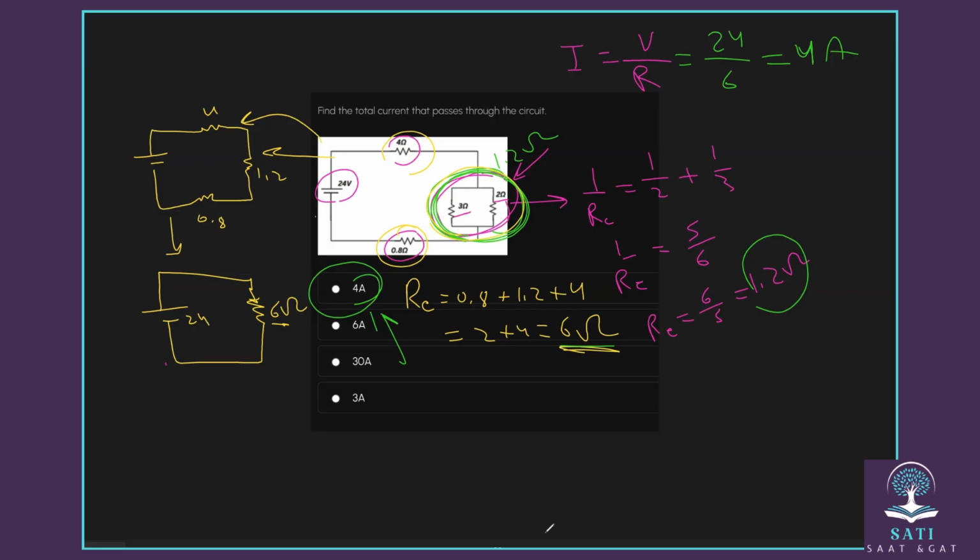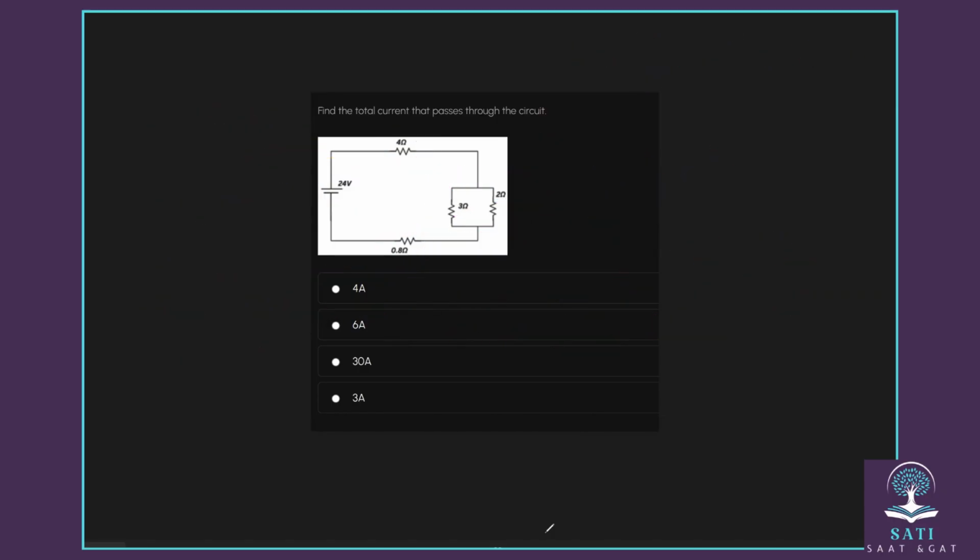So you understand now how to deal with parallel circuits and series circuits, and you understand if the circuit is like this one here, where you have parallel and series at the same time. Okay, last point we need to understand is the current when it moves from here. If I have here, and here I have